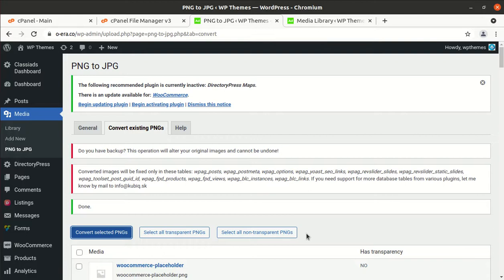So that's all in this video, and we learned about GTmetrix. We got some understanding in this video about GTmetrix and learned how to convert PNG images to JPG.